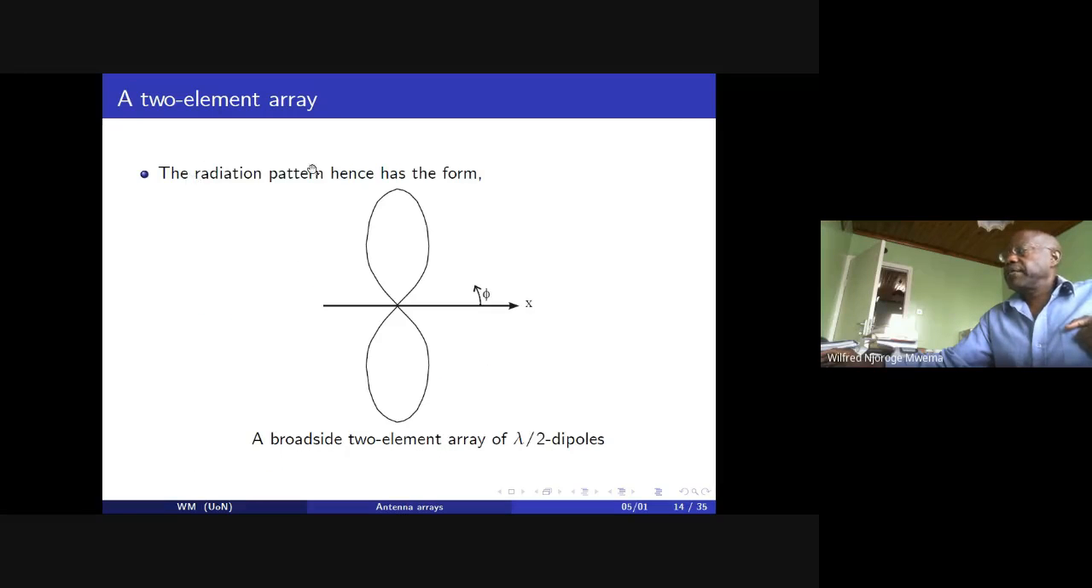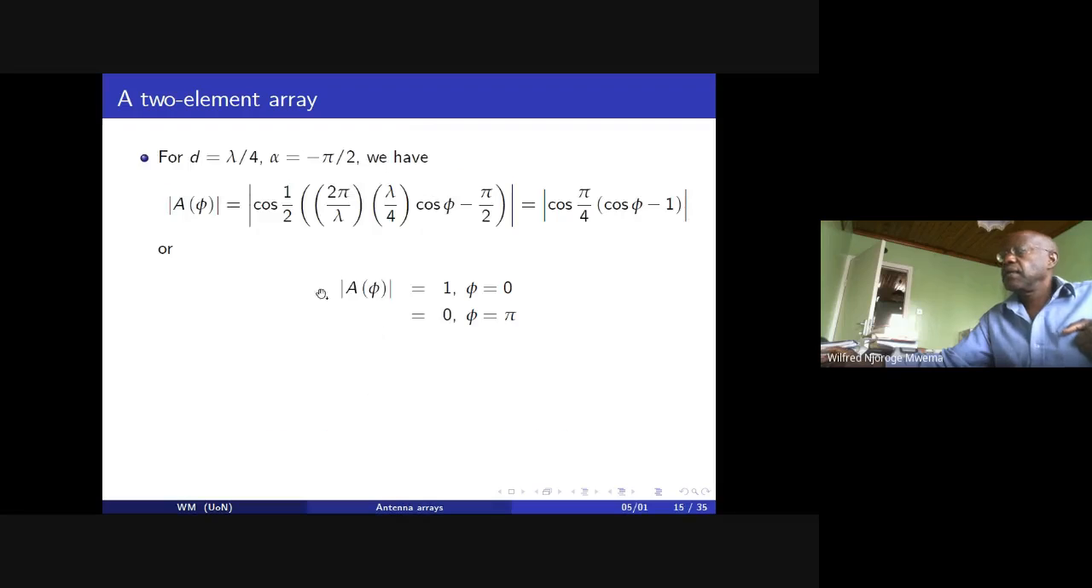So the radiation pattern will have a form of that nature, that is a figure 8 kind of radiation pattern, above and below the array axis. The axis of the array will have the radiation, and it will be maximum in the normal direction to the array. So when d is equal to a quarter lambda and alpha is minus 90 degrees, we'll then have